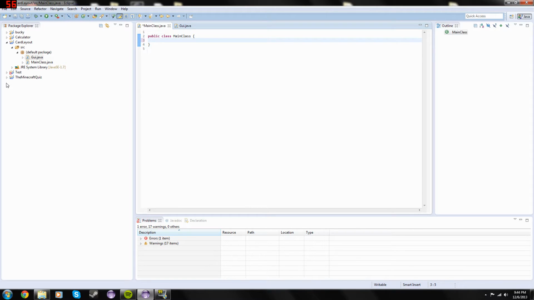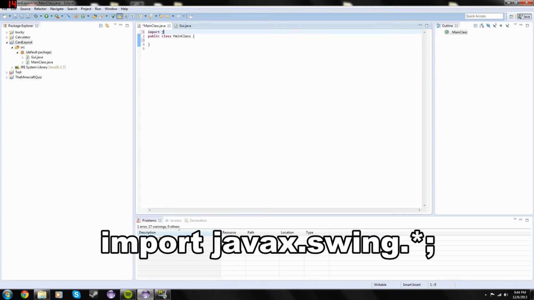And as you can see, I made a new project. I called it card layout, and I have two classes. One's called main class and one's called GUI. So let's get started. In our main class, I'm gonna import